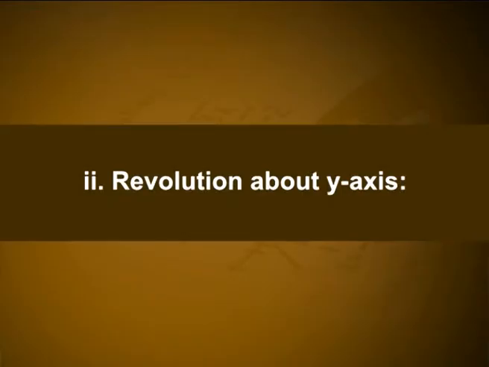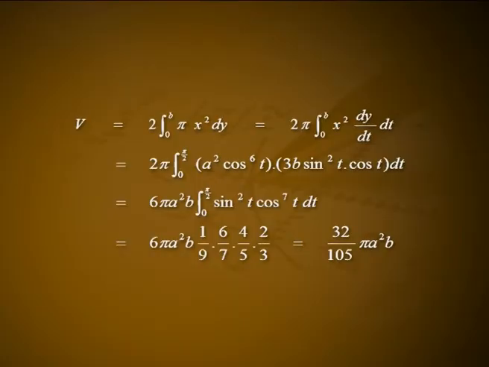Second, revolution about the y-axis. By similar arguments, the volume generated by revolving the hypocycloid about the y-axis is V = 2 ∫ from 0 to b of π x² dy, that is equal to 2π ∫ from 0 to b of x² (dy/dt) dt, which is equal to 2π ∫ from 0 to π/2 of a² cos⁶t × 3b sin²t cos t dt, that is equal to 6π